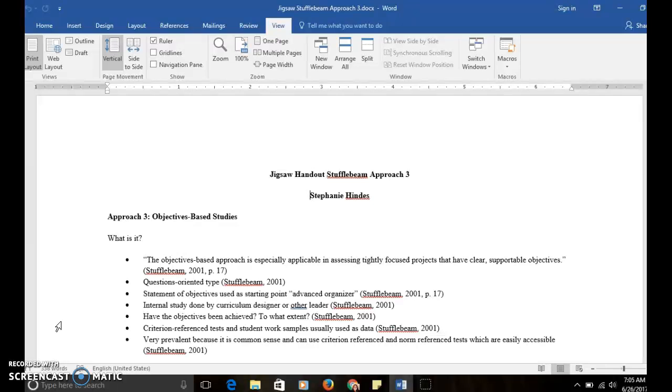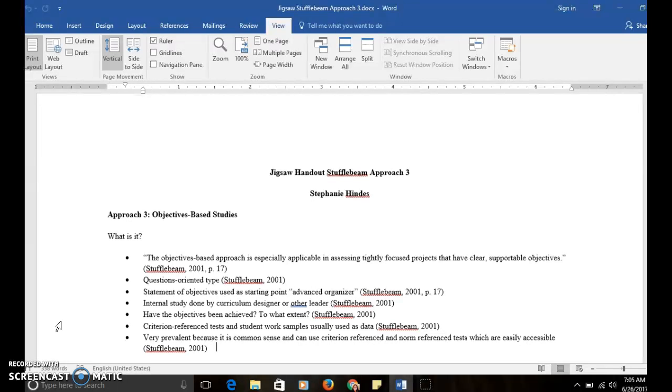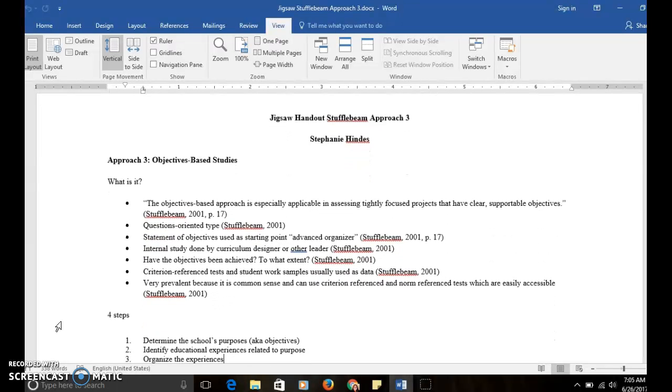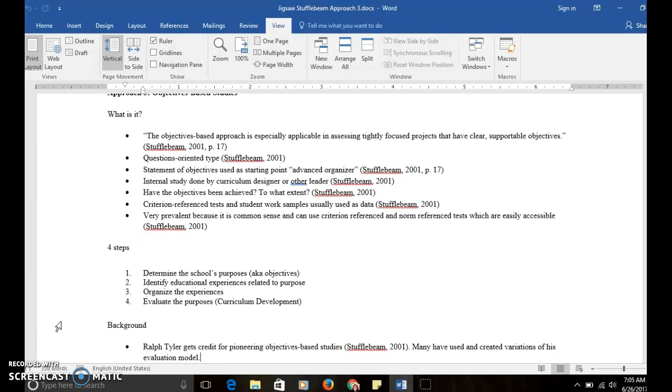It's usually done by a curriculum designer or other leader inside the organization to figure out if the objectives have been achieved and to what extent. One example is criterion reference tests and student work samples. Let's say the objective is to improve writing skills. You would look at writing samples from the classroom and also some criterion reference writing